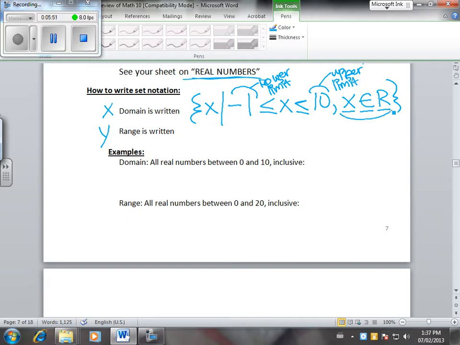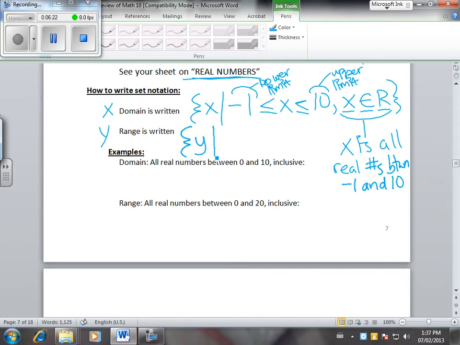Okay, and then this means that x is all real numbers. Oops, real only has one L. All real numbers between -1 and 10. Okay, so for a generalized one for range, we'll have y such that, put any value in there, y another value,